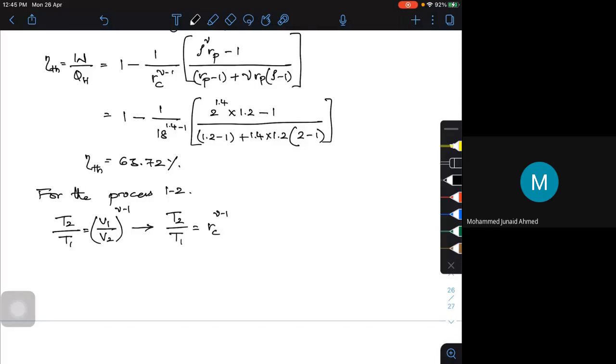Or T2 is equal to T1 into RC to the power of gamma minus 1. What is your T1? T1 is 20 degrees, so 20 plus 273, it is 293 degrees Kelvin. It should be in Kelvin, absolute. 293 into,